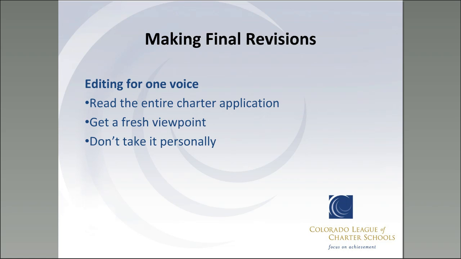If you have a volunteer who hasn't been working with you on the charter application, send it to them and have them read it. As Kathy was mentioning earlier, you want to make sure that the layperson can understand your program. And sometimes when you're working on it, you're so close to it that you don't see that everyone doesn't understand what you're talking about. So just get those fresh viewpoints. I even had my husband read ours, who had no clue what was going on, but he understood, and he got really excited about our school afterwards. So get those fresh viewpoints if you can, and try not to take it personally.